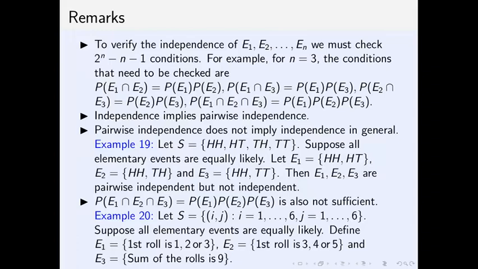So let us see some remarks on independence. Well, the first remark, partially we already talked about that. If I have three events, that is n equals 3, then to check whether the three events are independent or not, I need to check the four conditions. And you see that from here, we can easily understand